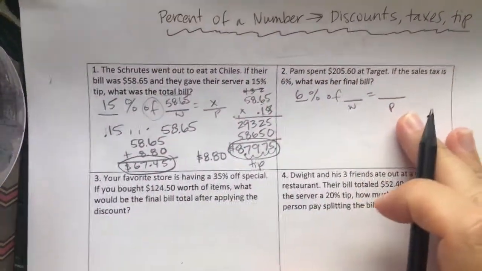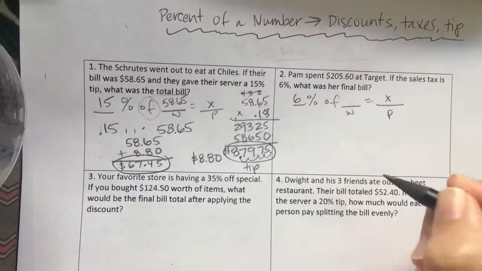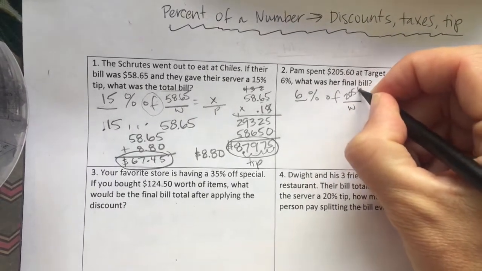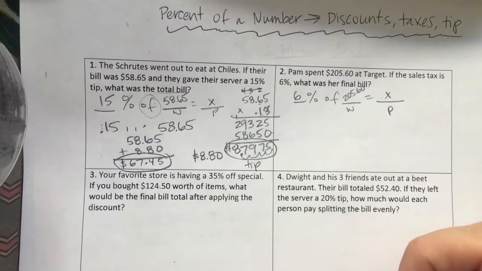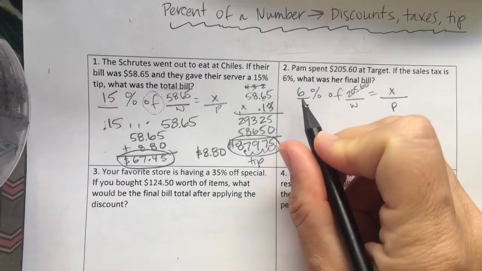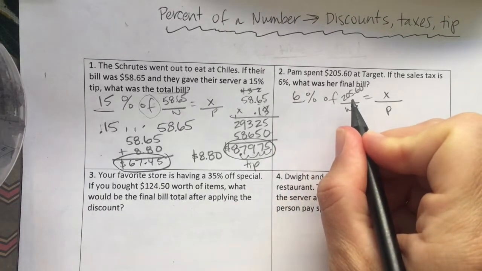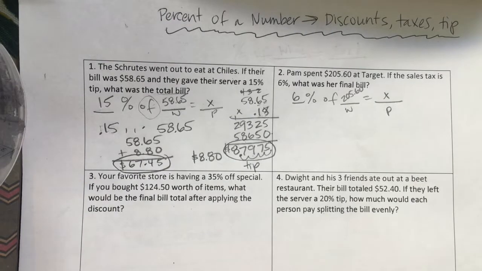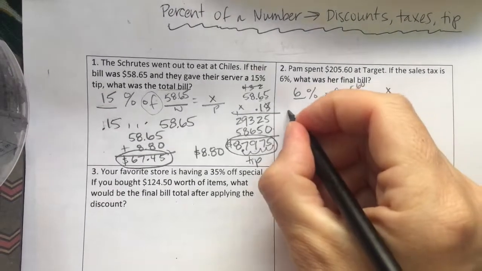So for this question, the X is going to go under part, and our whole represents her total bill without the tax, right? So $205.60. So now we need to calculate 6% of $205.60. You should know what to do for that. Go ahead and set up your multiplication of